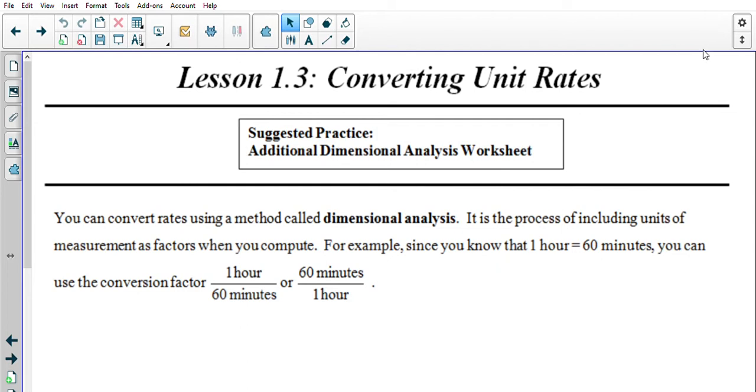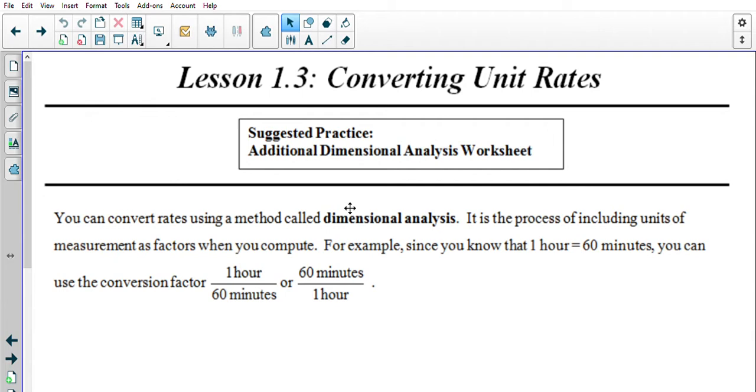Today's video comes from the lesson 1.3 guided notes on converting unit rates. We're going to talk about how to convert unit rates using a method called dimensional analysis. It is the process of including units of measurement as factors when you compute. For example, since you know that 1 hour equals 60 minutes, you can use the conversion factor 1 hour over 60 minutes or 60 minutes over 1 hour. And we will talk about when we put the hours on top versus on the bottom as we go into